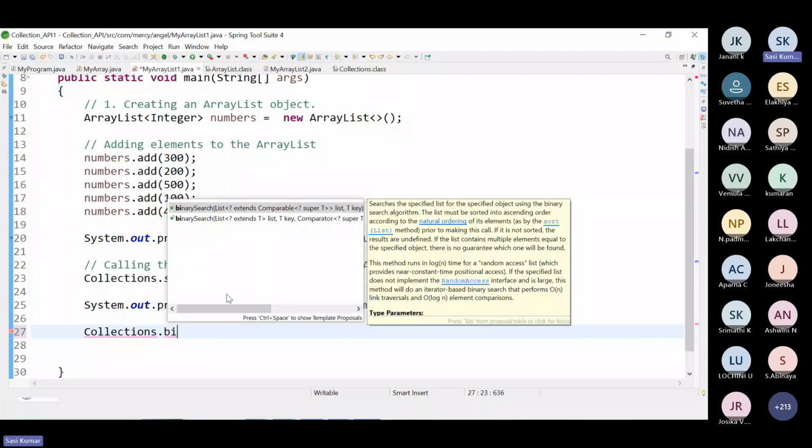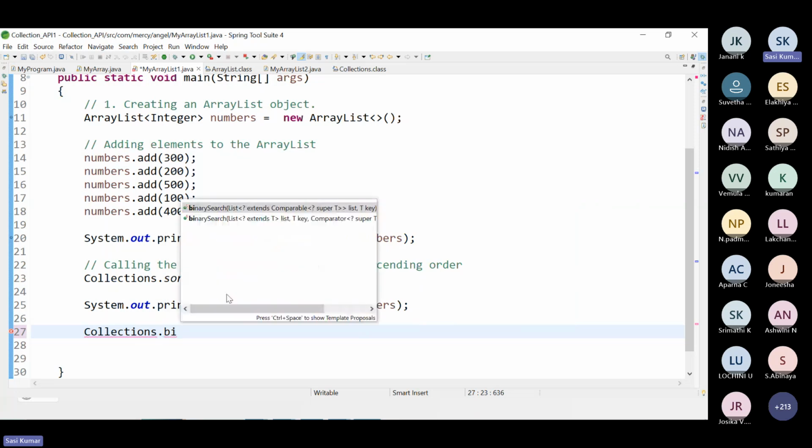That is why in the very beginning I said that in our software industry, in real-time applications, we mostly use IDEs, because thousands of lines will be there in each Java file, and there will be hundreds of files: Java files, images, JavaScript, CSS. So we cannot manage it otherwise. And you will get pop-up help as well. Let's go with binarySearch.